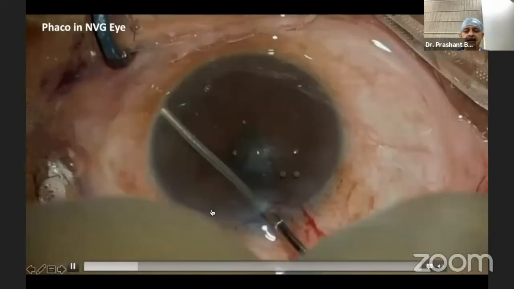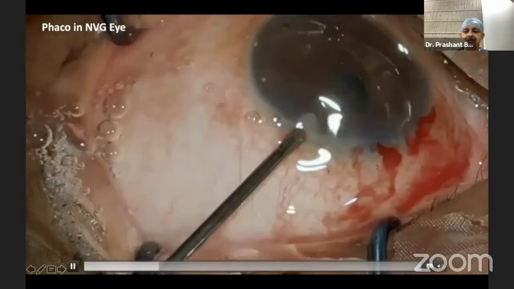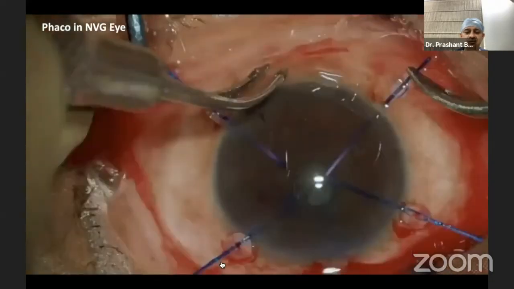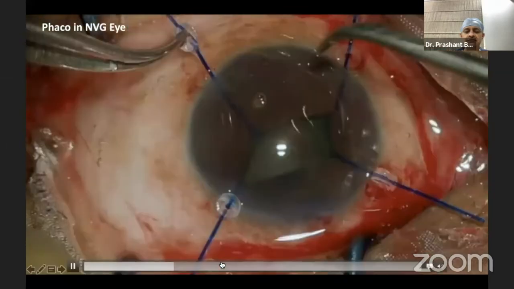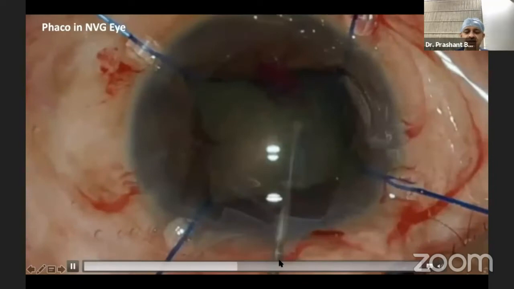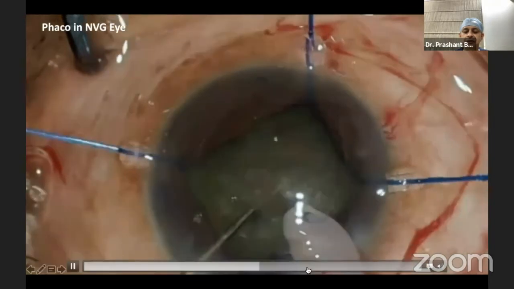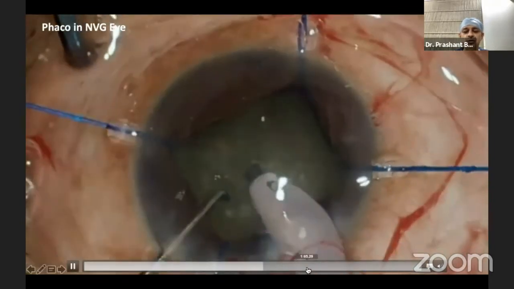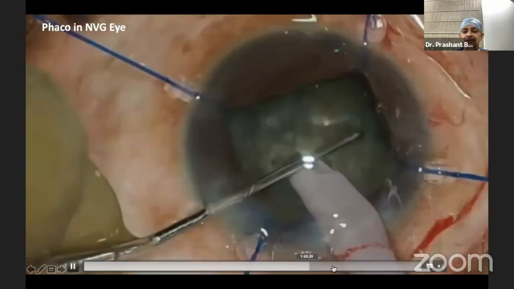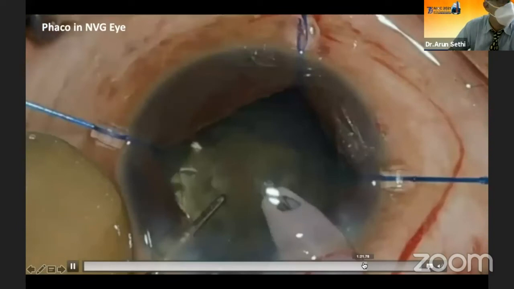Under viscoelastic, I'm separating the membranes on the anterior surface of the iris. Then putting hooks to get an adequate view of the capsule. Once the pupil was clear, the rest of the steps were almost similar. The only challenge in this case was lack of glow because of the vitreous hemorrhage posteriorly. Well, even in such challenging cases, we do use these systems, and look at the comfort with which we could manage a rubeotic eye at high magnification and the ease with which we are doing it.